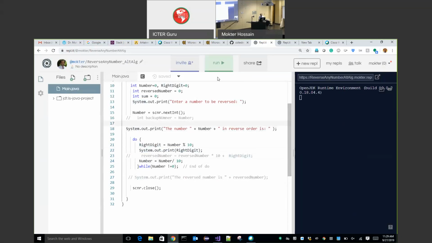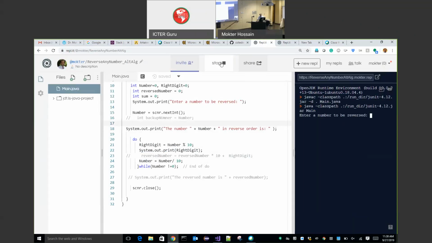Let me run this program and then I will explain. Enter a number to reverse, for instance 570. 570 in reverse order is 075.